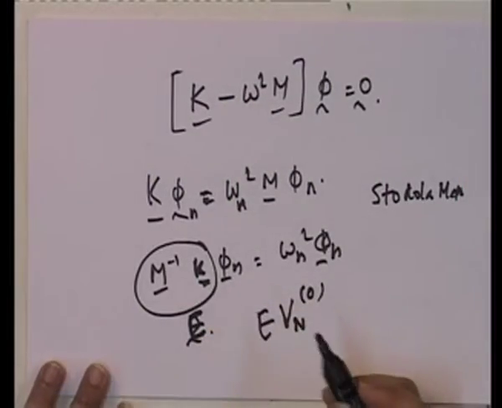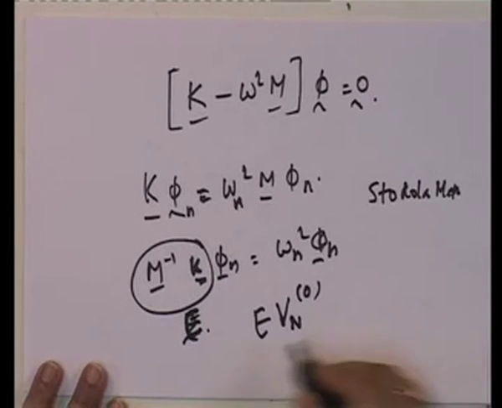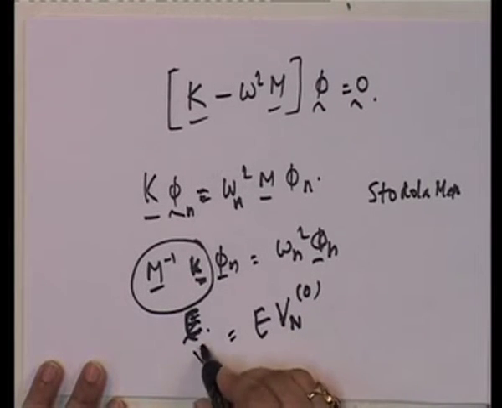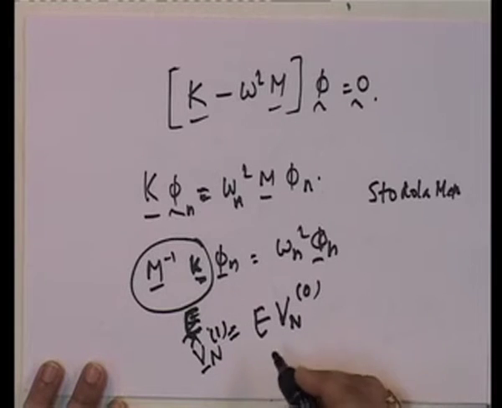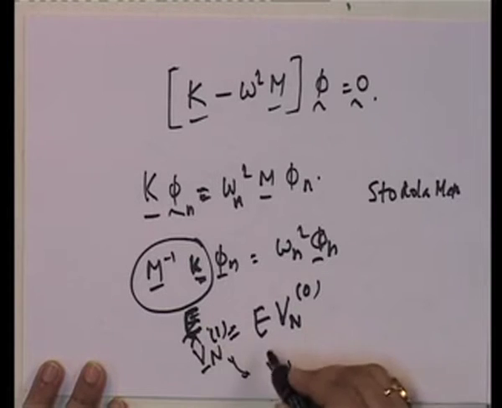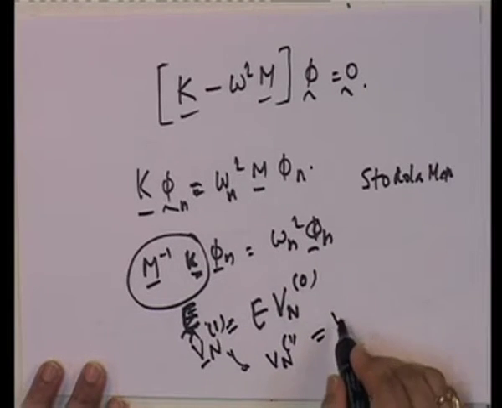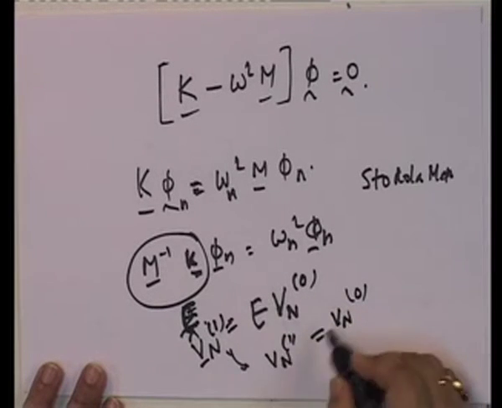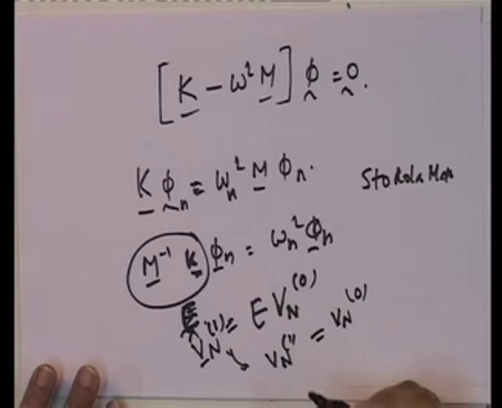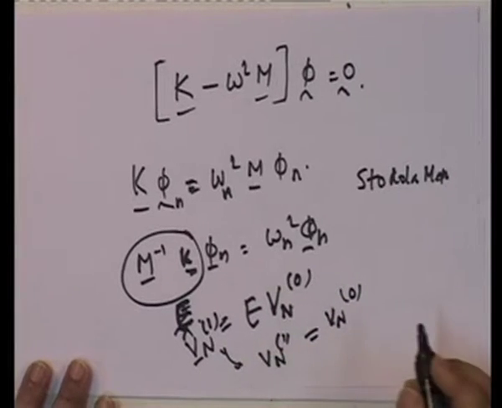So m inverse is actually very simple to get, and if you multiply with k, that becomes E. So, what you do is you multiply by E, and then of course, you get Vn 1 and compare with Vn 0. If it does not work, go back, and find out Vn 1 E, Vn 2 tilde,